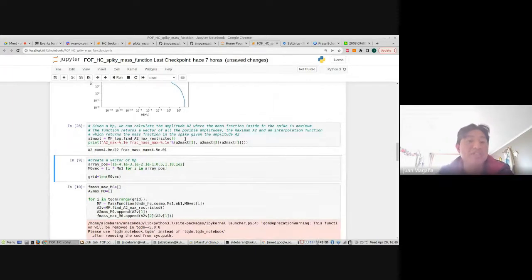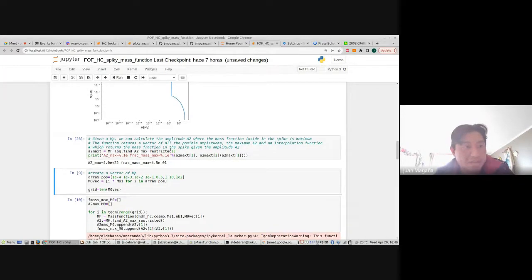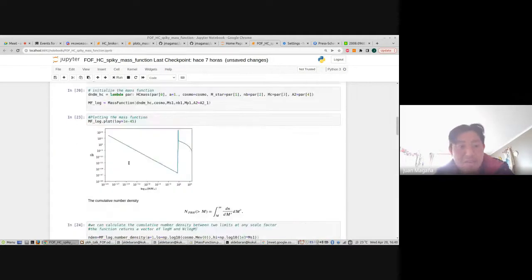Also, this function returns the value of the amplitude A2 and the maximum fraction of mass inside the spike with respect to the total mass of the distribution. In this case, it is 45% of mass inside the spike with respect to the total mass, and the value of the amplitude A2 is 4 times 10^22 in this case.